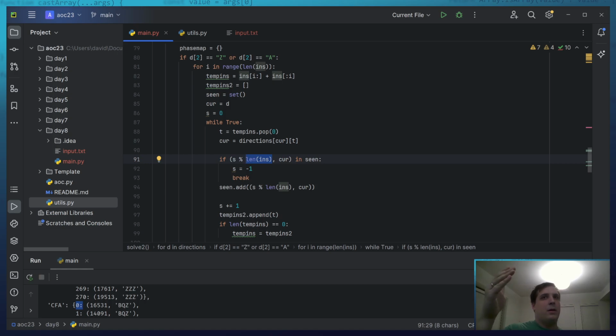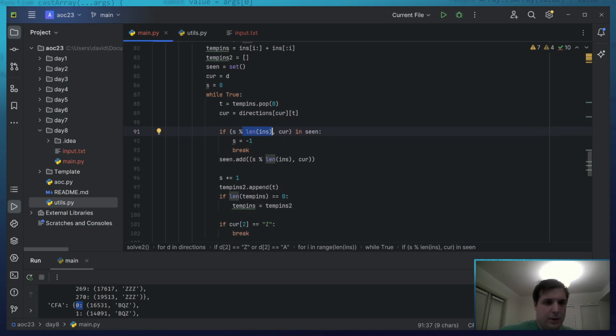That is the remainder. Because 0 divided by 3 is 0. 1 divided by 3 is 1. 2 divided by 3 is 2. 3 divided by 3 is 0. Or the modulos of those are 0 because the remainder is 0. 4 divided by 3 is 1 remainder 1. And so on. And that way we can phase through. So if we do the remainder of whatever the length is, we can phase through that.